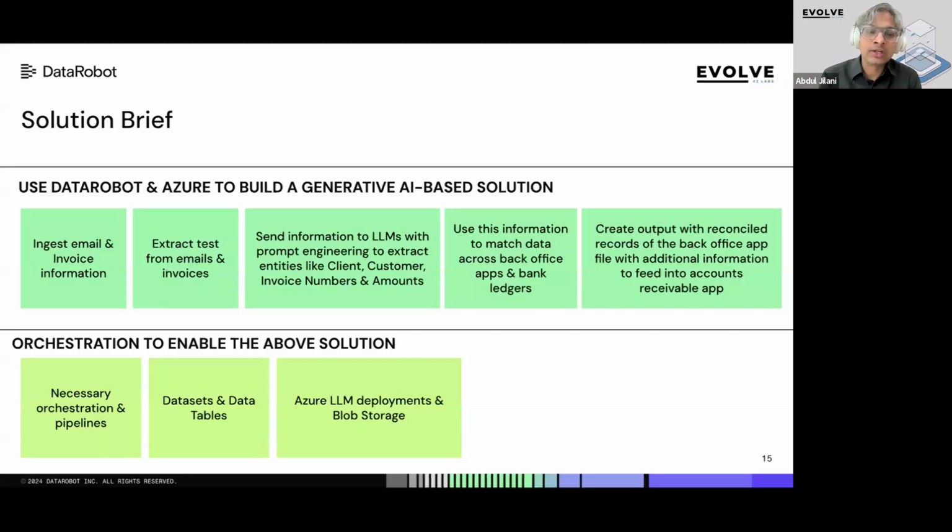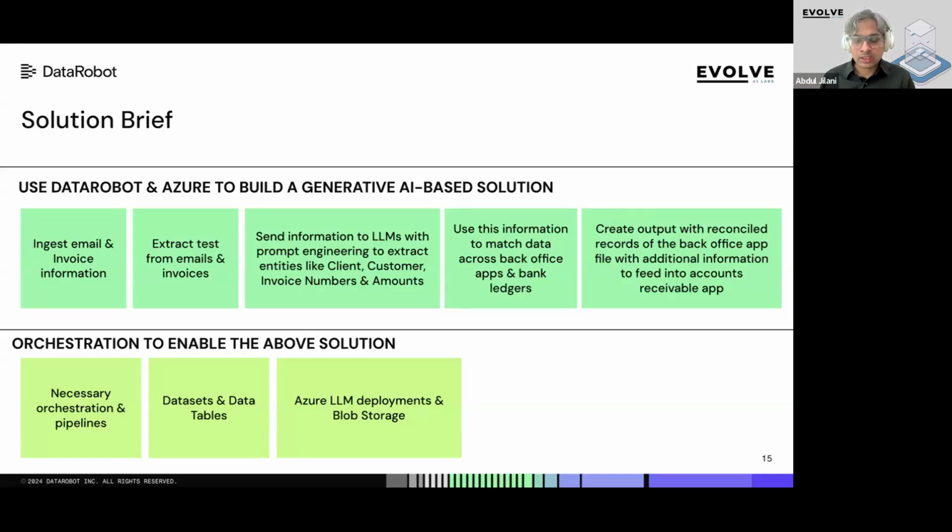The other piece, the Azure piece related to orchestration, was built by the customer themselves, or the lender. Because they were an Azure shop, they were using Azure Functions for all the orchestration and pipelines. This orchestration is basically every morning triggering the DataRobot process to run the whole process and then wait for the output at the end of the process.